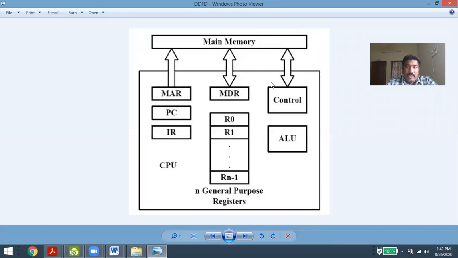So I hope everyone understands. We will see this same operation with a small example in the upcoming class. Later, just go through the different concepts related to the registers, to understand the purpose of the MAR and MDR, and what the PC and IR are. These four are very important in any processing element.